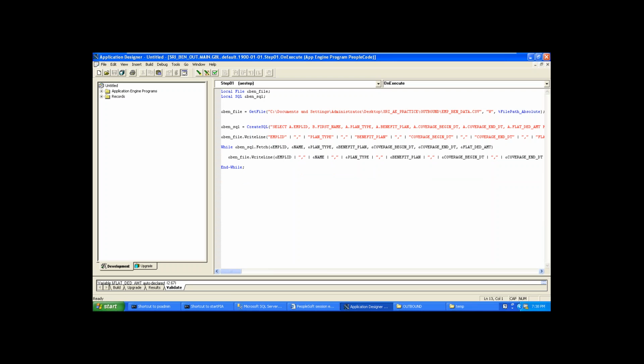The best method is we will use the file layout to generate the outbound file. File layout is also a separate tool which we will use to create the file structure. I will show you in our upcoming sessions. Very good question.